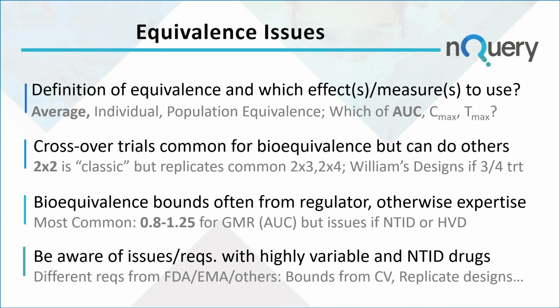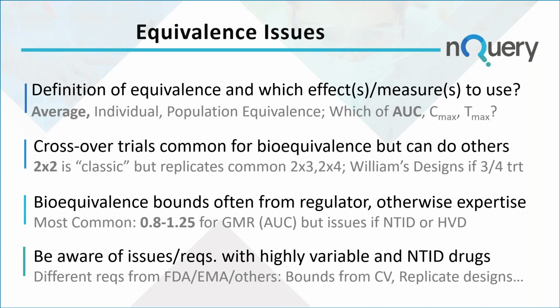Cmax. Crossover trials are probably the standard way of doing bioequivalence studies. And crossover trials are obviously cases where the same person is given multiple treatments, and obviously you have to have a washout period to ensure there's no carryover. Basically, you want to ensure people are back down to their base, let's say, blood concentration before giving them the next drug. But the 2x2 is probably still the classic version, but replicates such as 2x3 or 2x4 are also